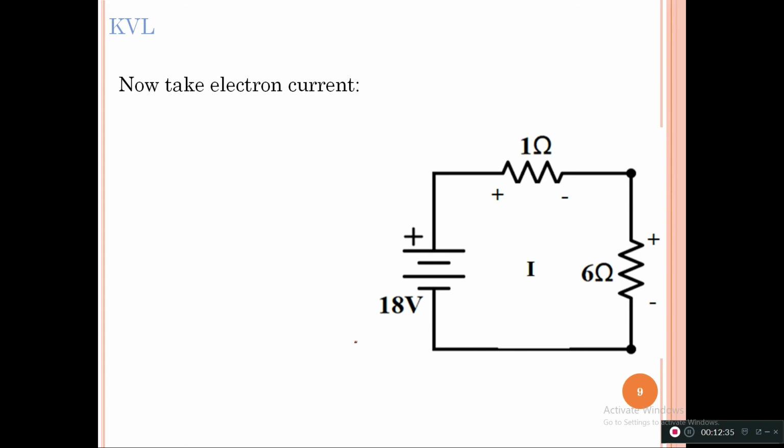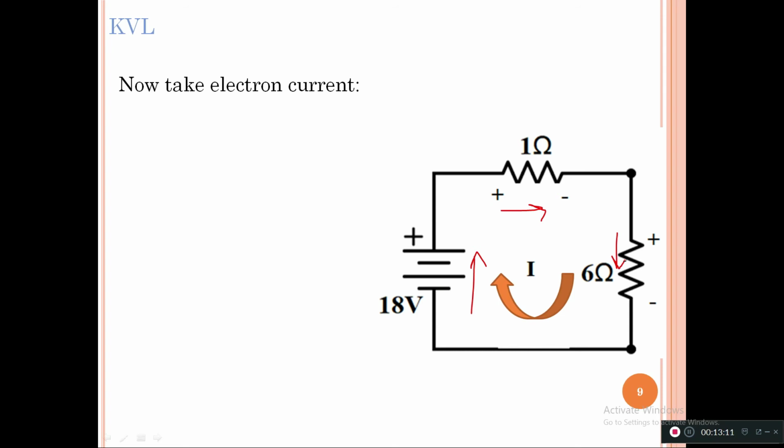So when I take this direction of negative to positive, I take it as an electron current and I will take it as positive. Let me explain. Now again I am showing the orange arrow. This time this orange arrow is again entering from the negative terminal of the battery here. Okay. Now again it is entering from the positive terminal of the resistance here, and again it is entering from the positive terminal of the resistance here. But now what has changed? The change is that now we are taking the direction of electron current.